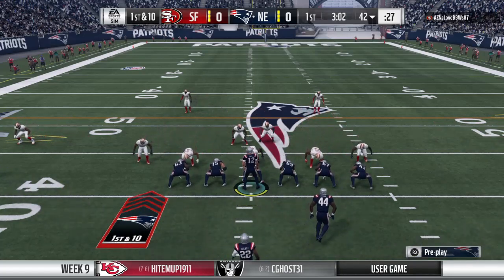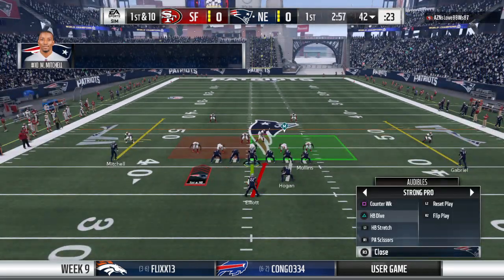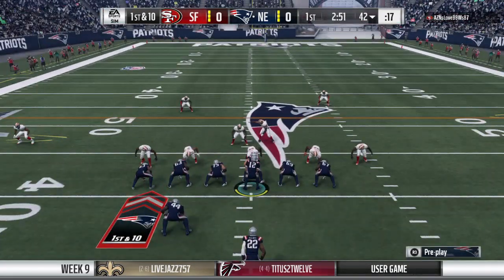Watch tight end. Tight right. Check out. 140. Three down. 140. Easy. Alert. Back. 140. Easy. Alert. Check nickel. Check out. Through